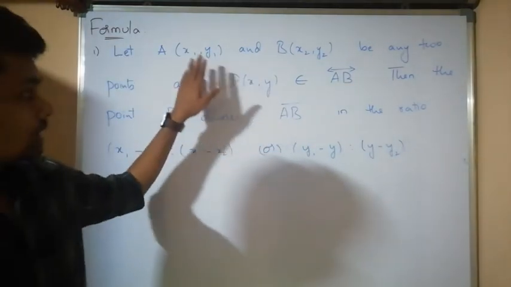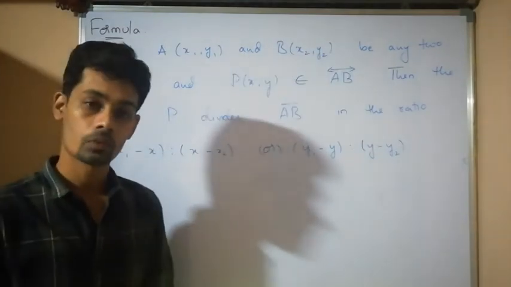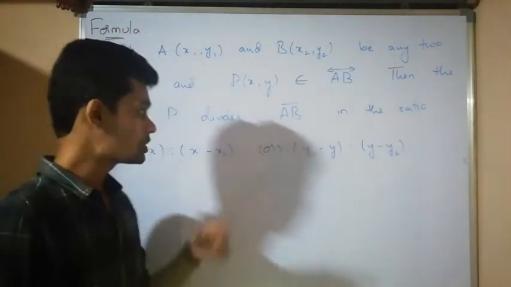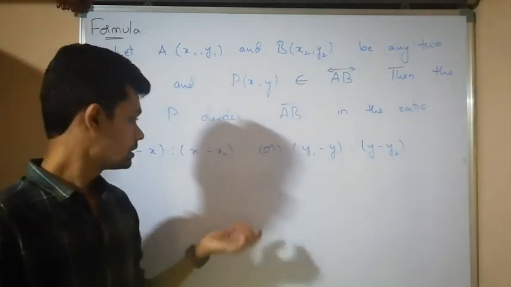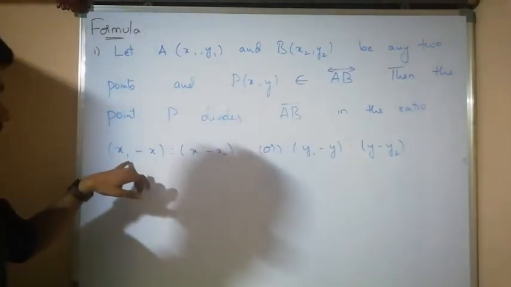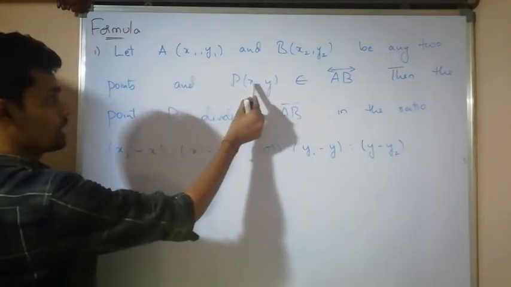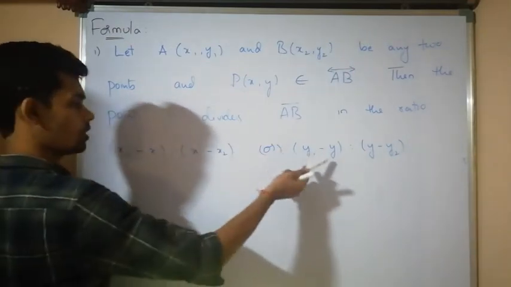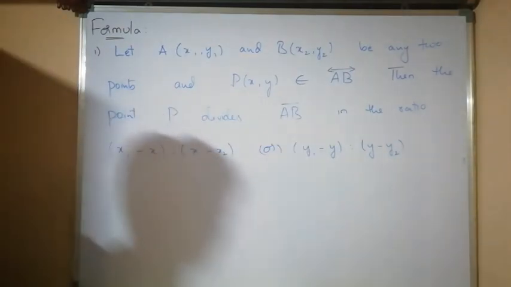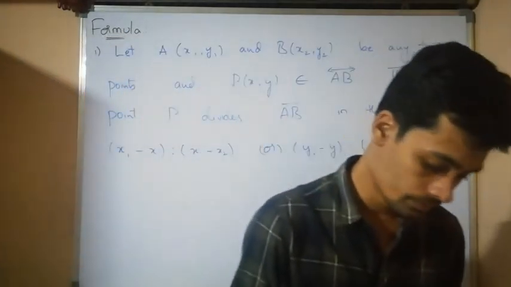If we know the point P dividing the line segment AB, now to find in what ratio this point P divides the line segment AB, we have this formula. Directly if I substitute (x1 - x) is to (x - x2), we will get a ratio. Either use this one or we can use this one. Let us discuss a problem.